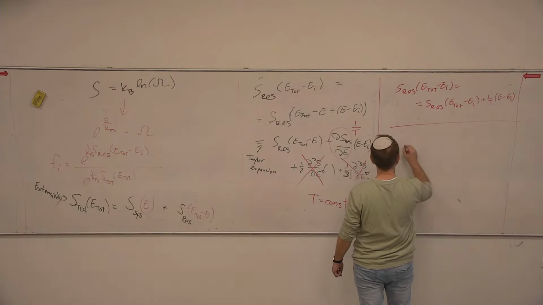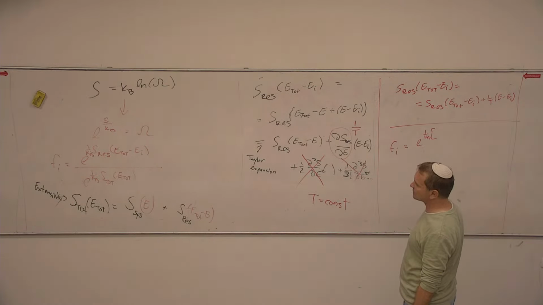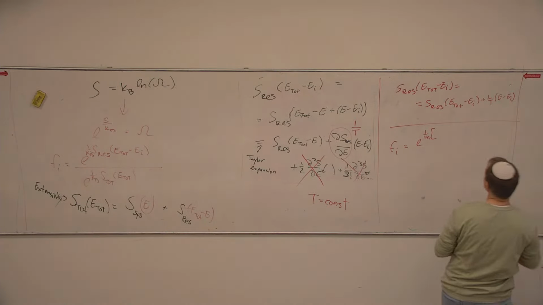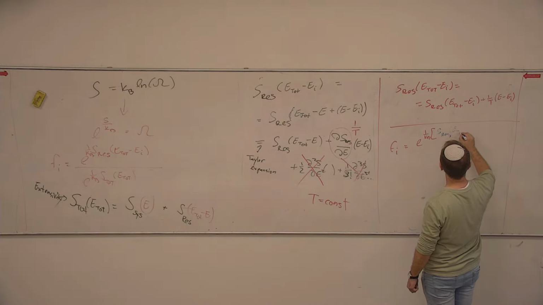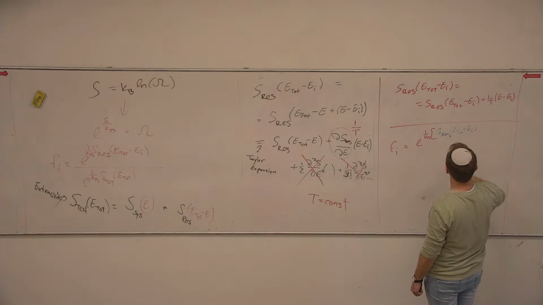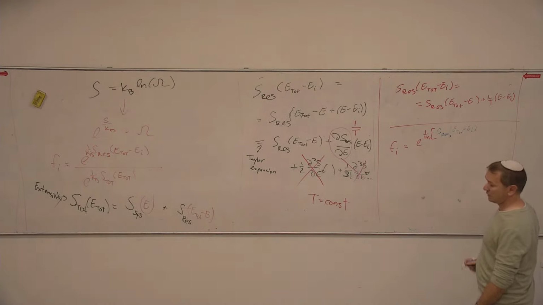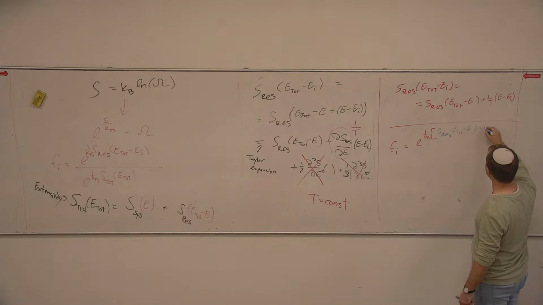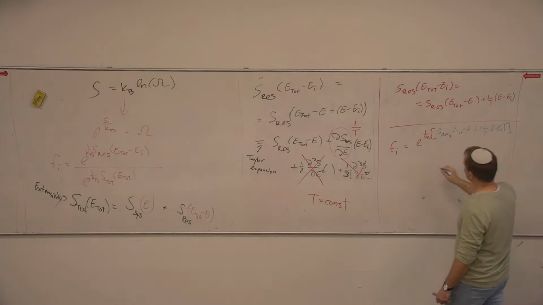So Fi equals e to the power 1 over k Boltzmann. What do we have inside? We have S reservoir of E total minus E, not minus Ei, yes, thank you, plus 1 over T times (E minus Ei), divided by